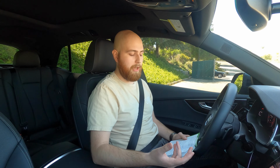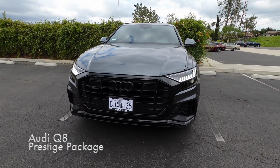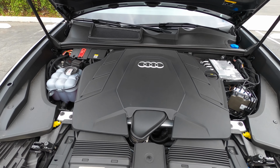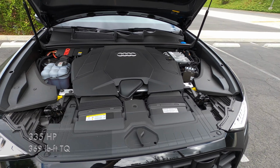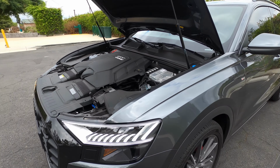Today we're going to be reviewing the Audi Q8 2020 with the Prestige package. So the Audi Q8 comes with a 3-liter 6-cylinder engine. It's, I believe, the 55 TFSI model. And that comes with about 335 horsepower and about 369 pound-feet of torque. It does 0 to 60 in about 5.6 seconds, and its top speed is limited to about 130 miles per